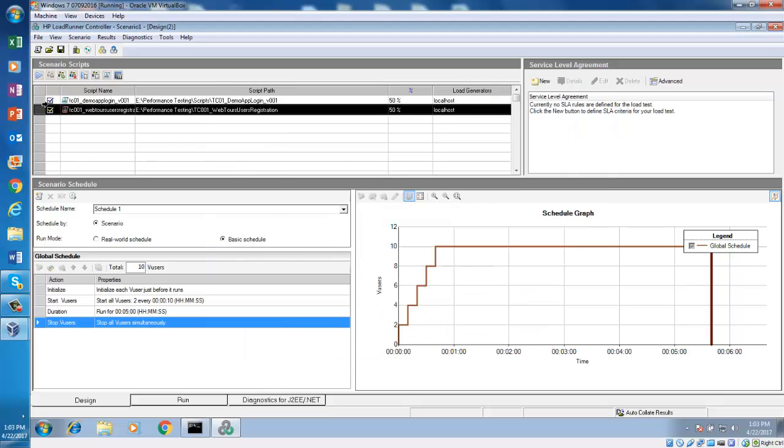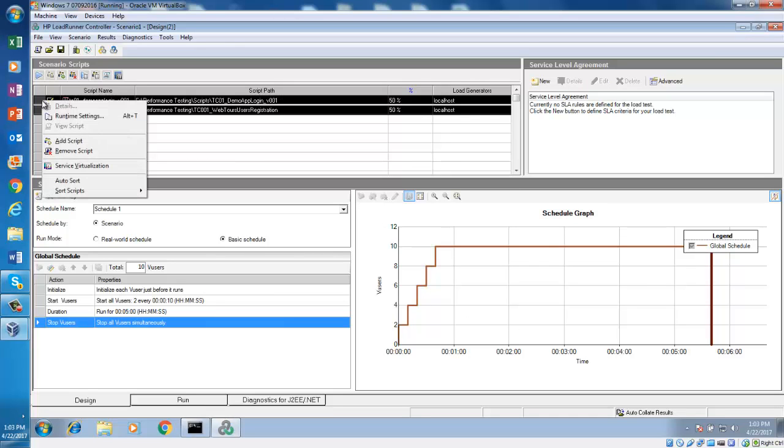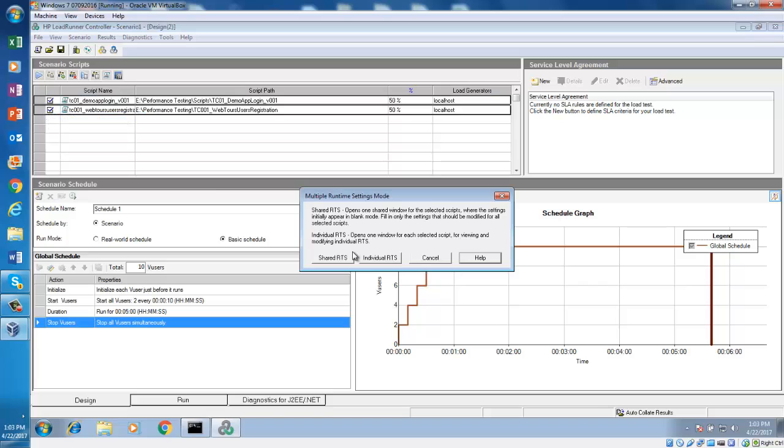So what you can do, you can select both of the scripts and right click runtime settings, and then you can select shared, and then whatever runtime settings you are setting will be for all of the scripts. All of them will be the same. Or you can do individual, one by one. When you are done with runtime settings for the first one, it will go to the next one automatically.